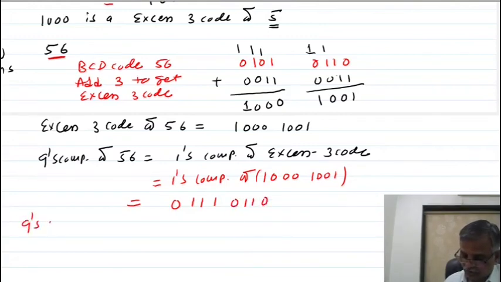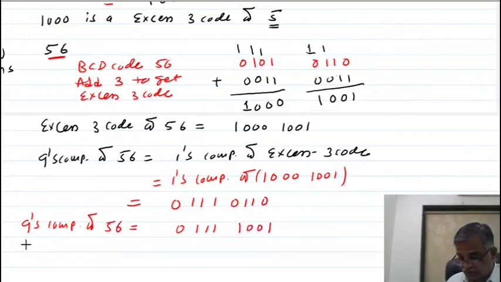So ninth complement of 56 is nothing but the 0110 and this is 1001. So this is in which form? Ninth complement we are doing, ninth complement of 56 after doing the XS3 code. You can say this is XS3 code of a 4, this is XS3 code of a 6, you can say. Let us do the third numerical,